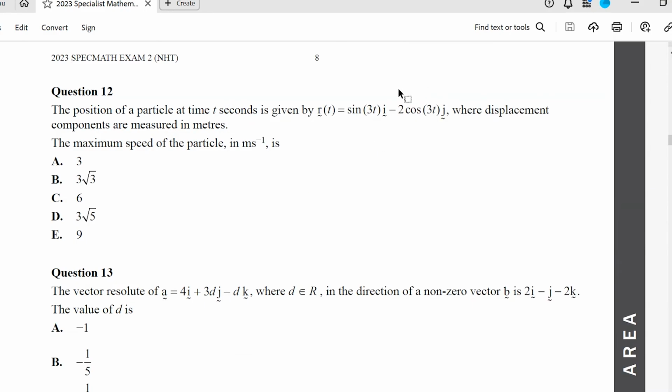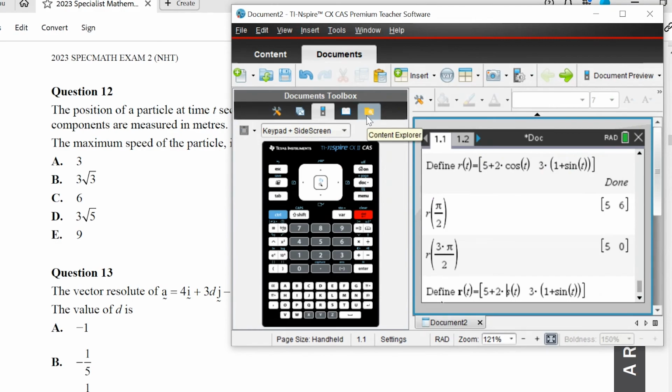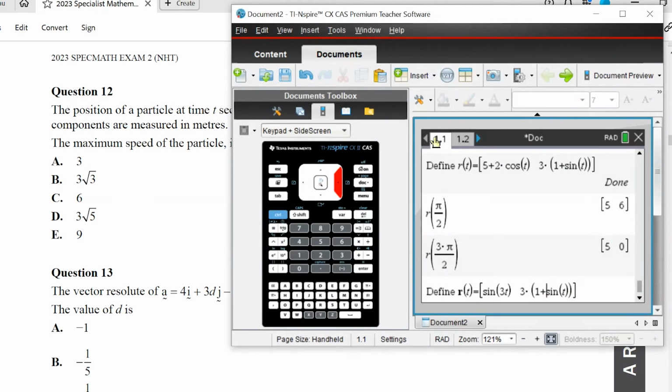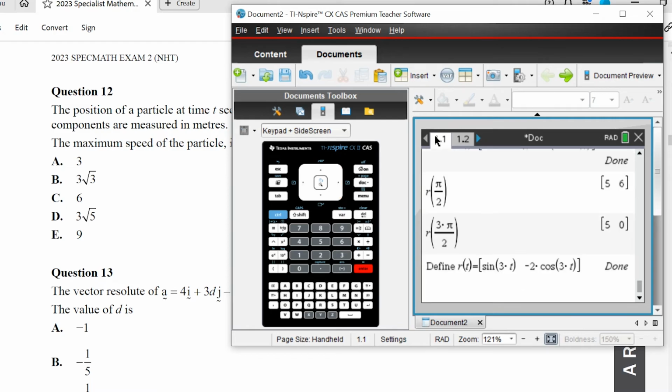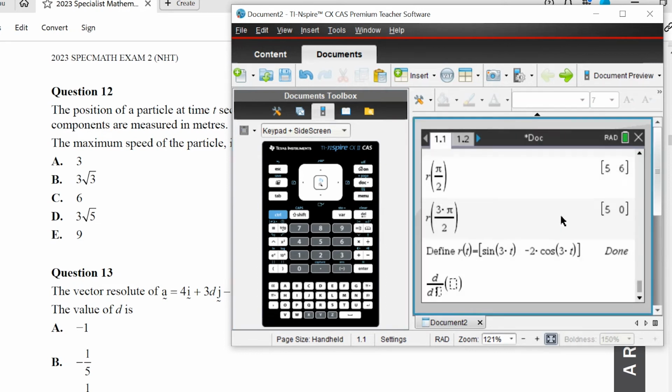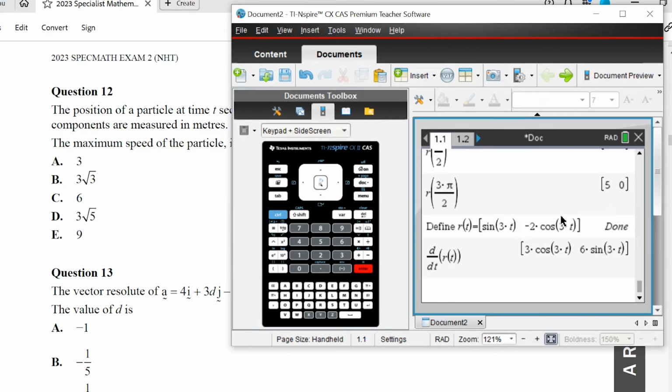In this case, I want sine 3t and -2 cosine 3t. Okay, so we want to differentiate that, so find our derivative template. Differentiate r of t. That'll be the velocity. To find the speed, we want to find the length of that vector, which on the